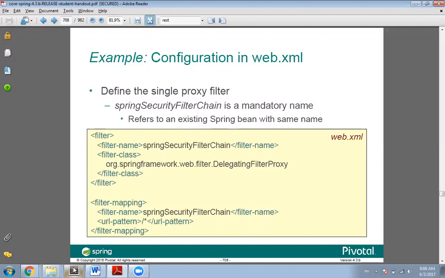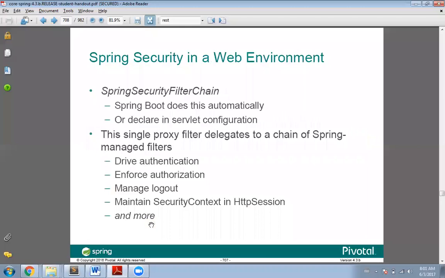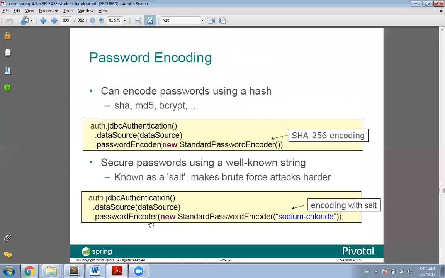The Spring Security Filter Chain will do precisely that. It will intercept all requests. You see, we have mapped the servlet filter to /*, which means all requests must be intercepted by this filter chain. Once the request is intercepted by the filter chain,